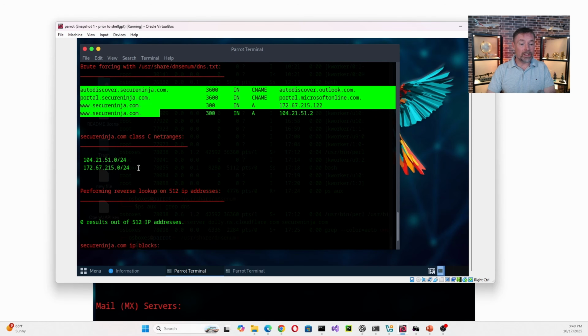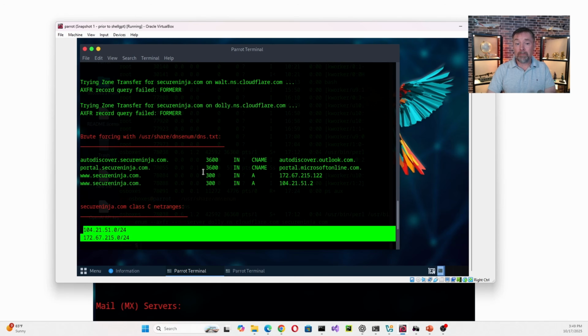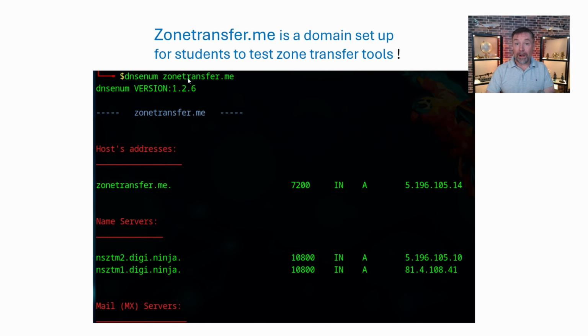It did some other work as well, tried to figure out what ranges Secure Ninja has, and we have IP addresses in those ranges. So, pretty good. Now, this particular demonstration was about zone transfers, and as expected, it completely failed. However, there is a DNS server set up specifically by some kind soul that allows us to test a zone transfer to see if we can make it work. And that zone, anyone is free to use any kind of a hacking tool or penetration tool just to test their skills. It's called